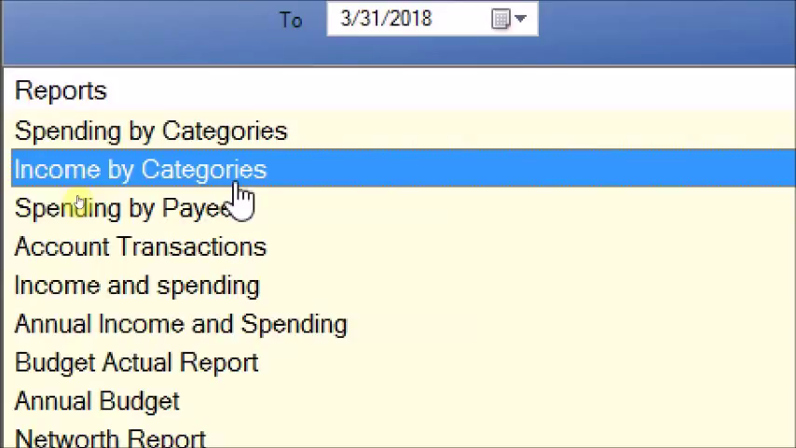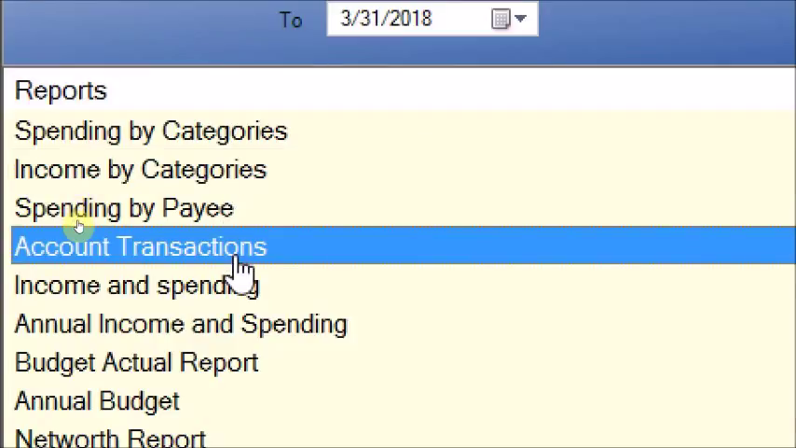For example, if you're a subscriber to Optimum Cable in New York City, you can split your monthly bill into television, more than 1,000 channels, ultra fast internet service, and then telephone. Okay. Now, account transactions lets you view transactions that you entered in your account within a